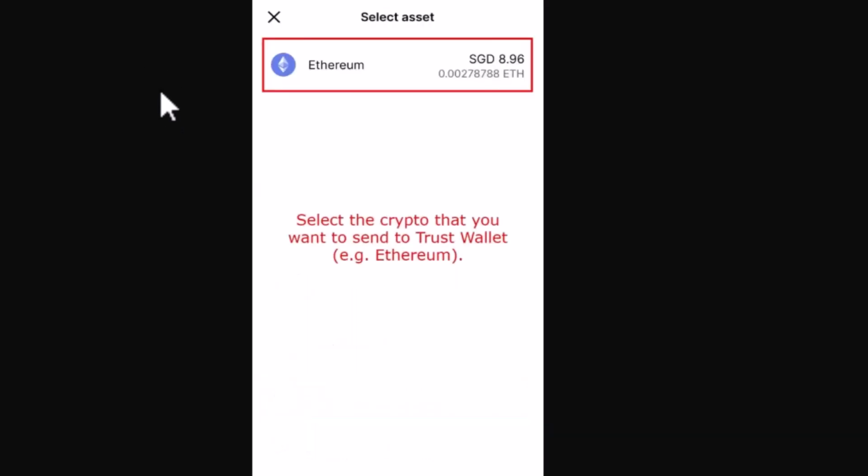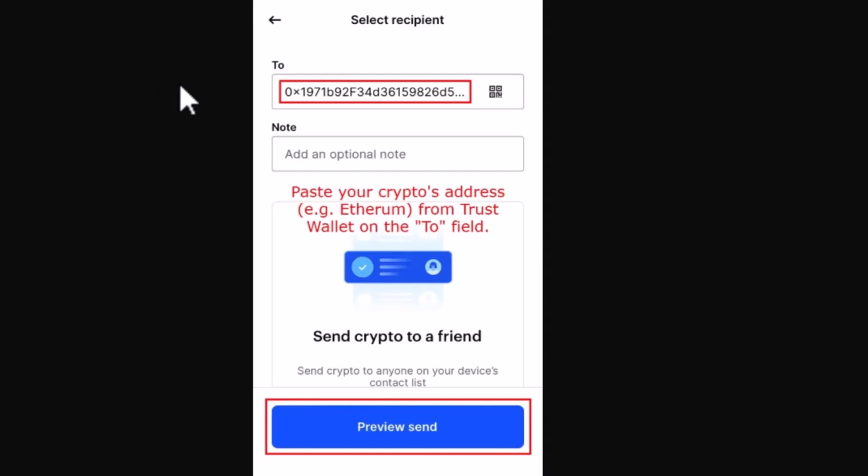As you click on send, once again you need to select Ethereum and then paste in the wallet address and then click on send. Then click on continue and your Ethereum or ETH should show up in your wallet after a couple of minutes. So after you've bought Ethereum on your Coinbase account, now you need to log in to your OpenSea,